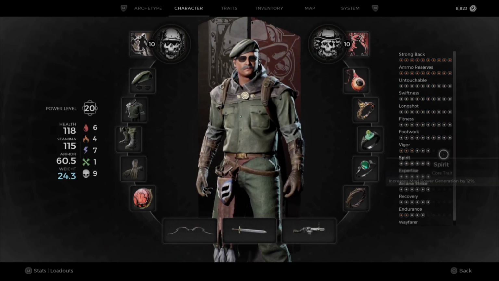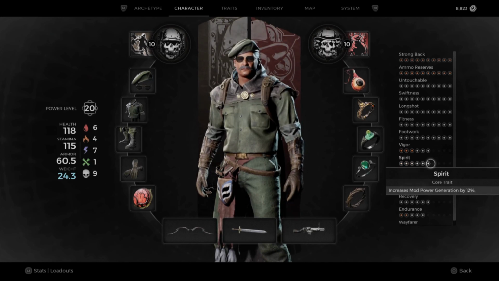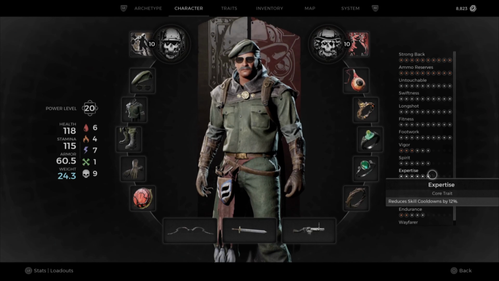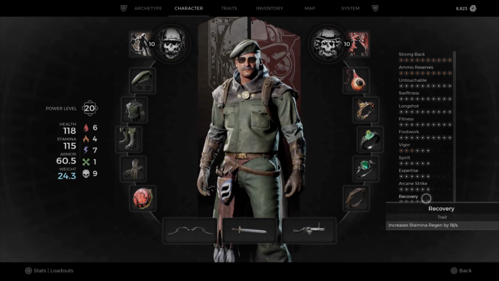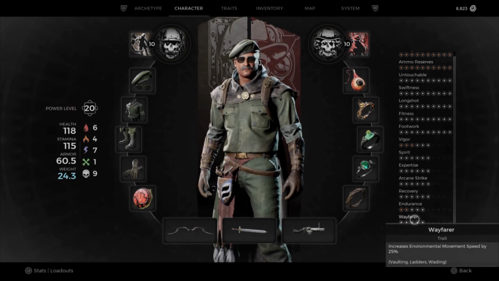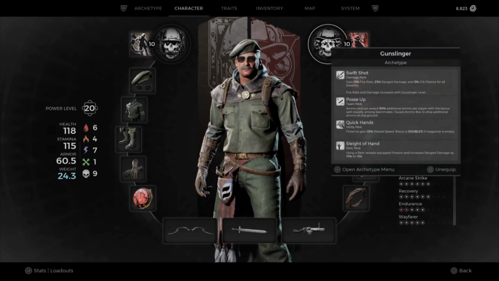We also got points respectively put into health, mod generation, skill generation, mod power generation for melee attacks, stamina regen, endurance, and environmental movement speed. As I mentioned, this is a high crit chance, high crit damage build because Link in